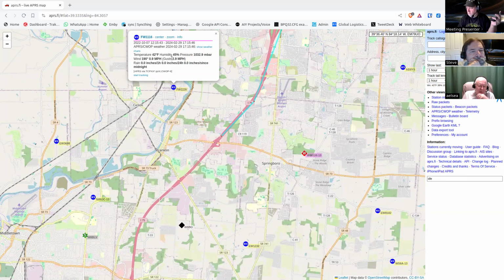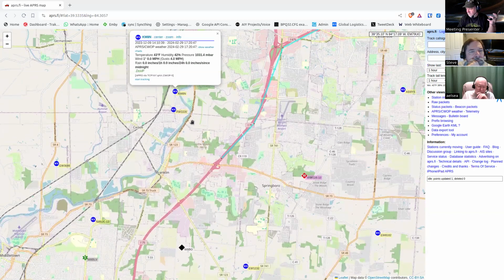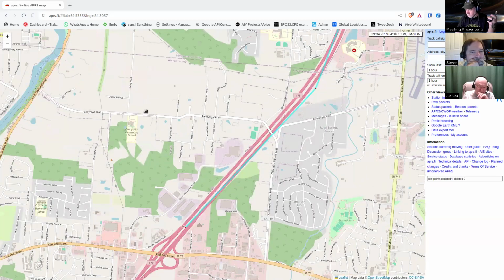Is there an airport there, or why would they have one? Amateurs just, we play with weather equipment. Okay, so these are hams that have weather stations?